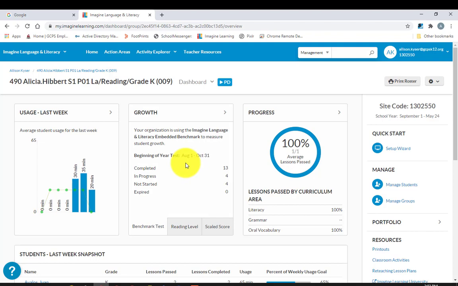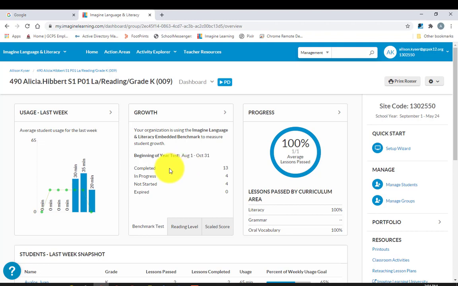When the students first sign into Imagine Learning, the reading program, they are going to have to take a benchmark test. With the benchmark test, of course, they may have things on it that they don't know. And so the program is going to place them on the track that they need to be on. And throughout the program, they are going to be continually assessed with short little assessments, and that'll help the program to change their pathway as needed. So if you're interested in seeing how they did on the benchmark test, you could come into the growth section